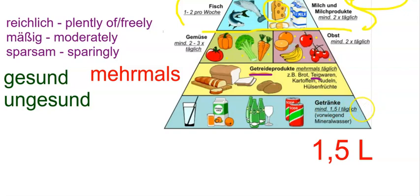And Getränke. So hier steht mindestens 1,5 Liter täglich. So I'm just trying to write that out. Remember, that's a comma in German instead of a period like we would do in the United States. So Wasser ohne Gas oder Leitungswasser, Mineralwasser, Saft,